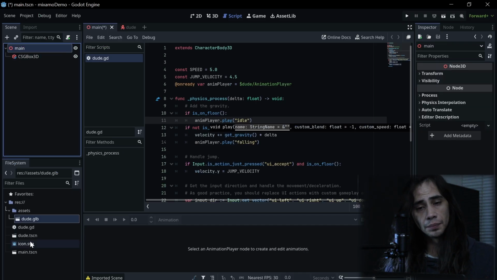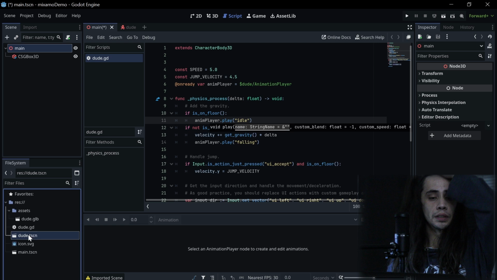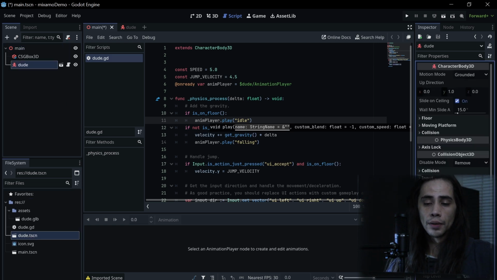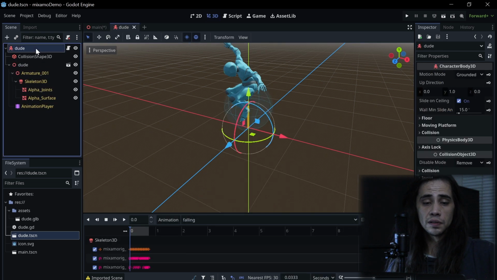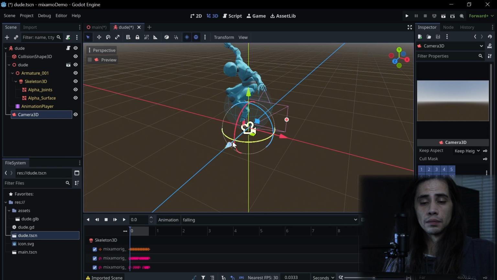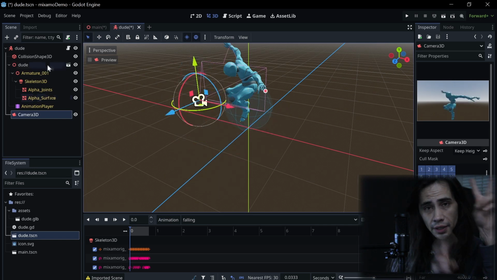We're gonna go over to the player scene, script, whatever you called it. Drag and drop it into the main. Bring it up a little bit off the floor. We're gonna go and add a camera. As you can see, I forgot to do that. Move it out. Bring it up, and we're going to rotate the .glb file that we got, our dude per se,